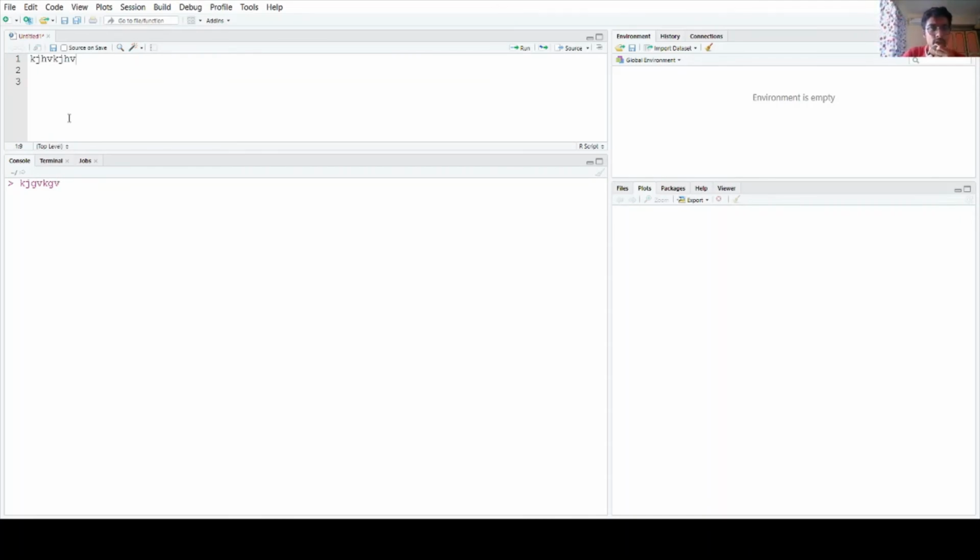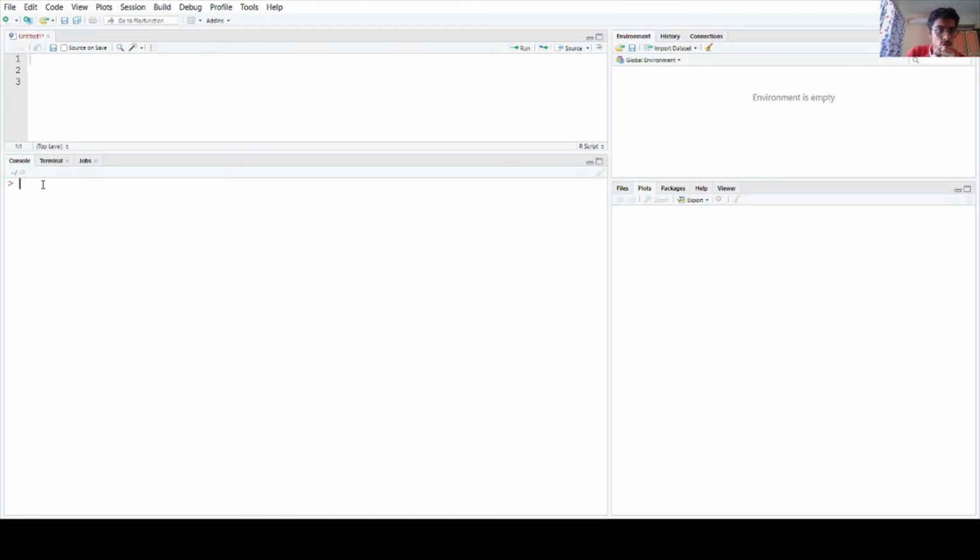The only difference is that in order to run your code in the script, you have to select the code and then hit the run button. If you run the code in the console, after typing the code you can directly hit enter. I'll be typing my code directly in the console itself.